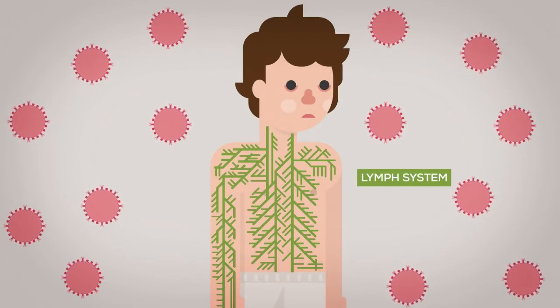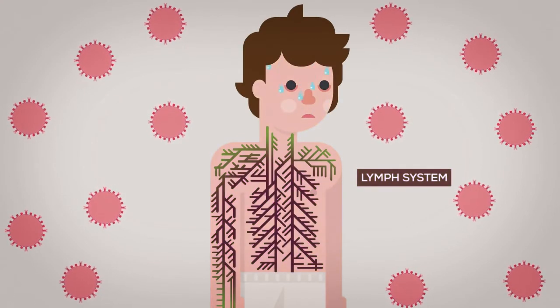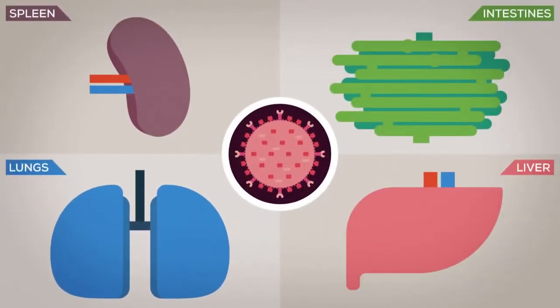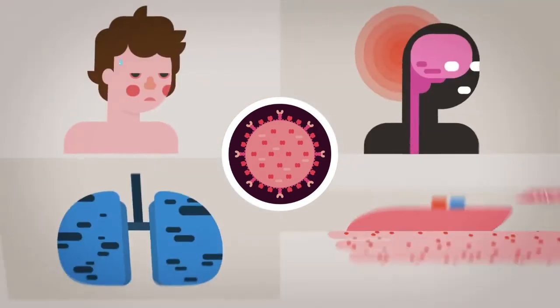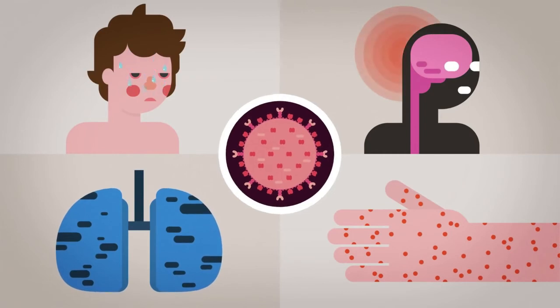Now, things happen very fast. The lymph system spreads the virus everywhere and it enters the bloodstream, infecting cells while traveling. Measles infects organs like the spleen, the liver, the intestines, and most importantly, the lungs. The symptoms range from a very high fever, headache, sickness, bronchitis, and of course, a rash.